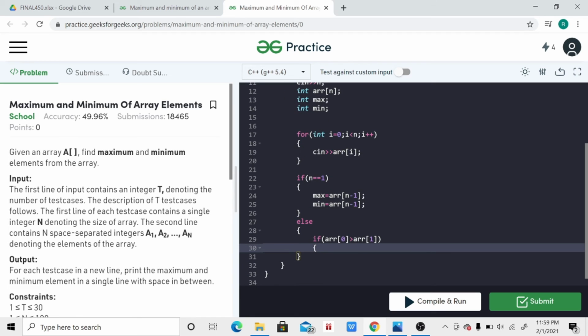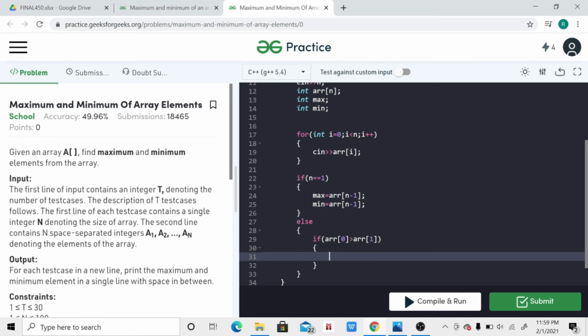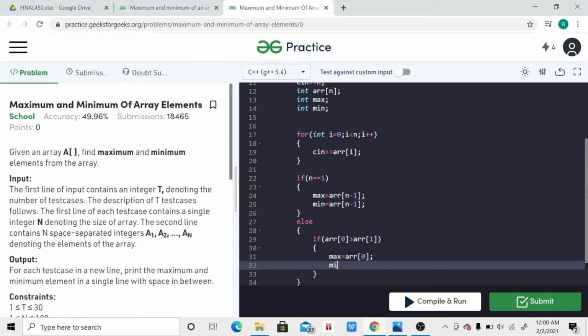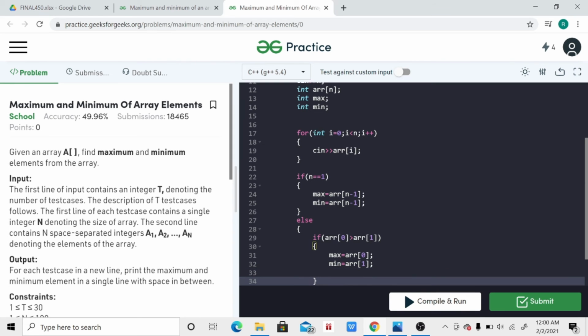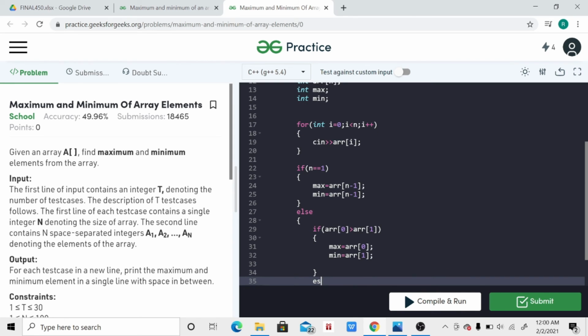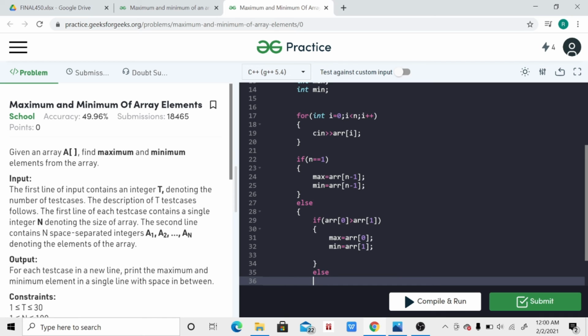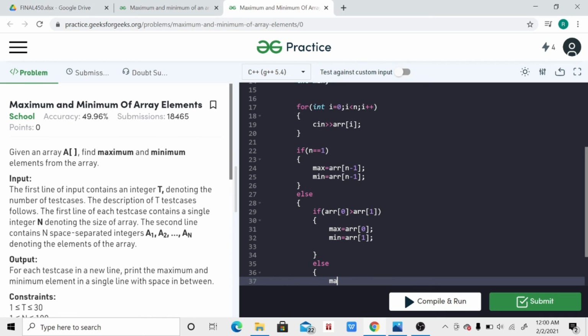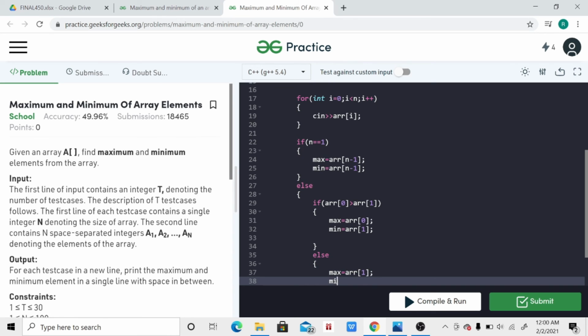If the first one is greater, then we'll assign max to array 0 and min to array element number 1. Or else if the condition is the opposite, in that case we'll assign max to array 1 and min to array 0.